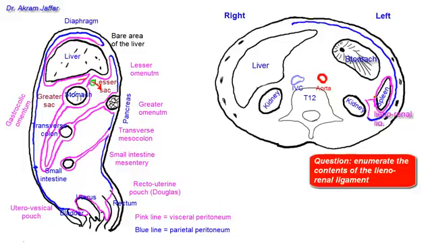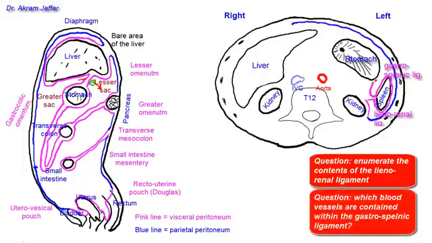the spleen. And then it's going to be reflected into the greater curvature of the stomach in a double fold of peritoneum. This is one layer of the fold to the greater curvature of the stomach, and this is called the gastrosplenic ligament. We will notice that all these folds and ligaments, most of them contain blood vessels, and so from the greater curvature of the stomach,